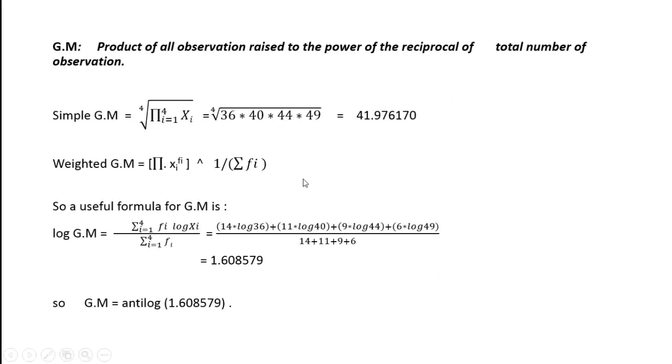Geometric mean. Geometric mean is defined as product of all observations raised to the power of the reciprocal of total number of observations. That is, pi i running from 1 to n xi whole to the power 1 by n. We know pi is the product operator. Here number of observations is 4, so it becomes pi i running from 1 to 4 xi whole to the power 1 by 4. Thus we get expression like this: 36 multiplied by 40 multiplied by 44 multiplied by 49 whole to the power 1 by 4,